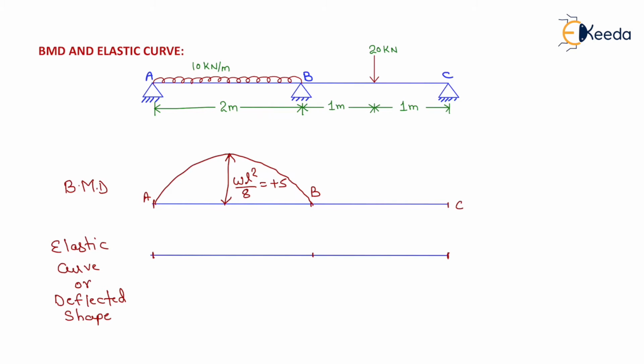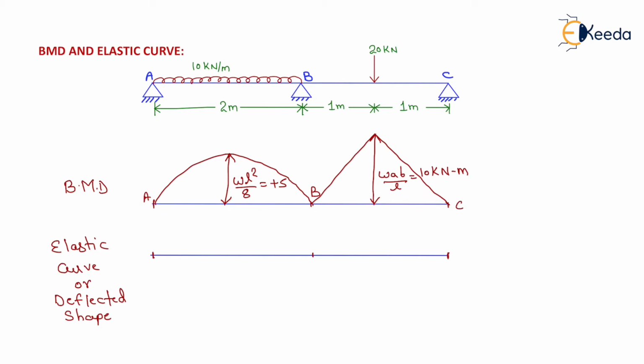Now due to the point load on span BC, its value will be equal to WAB by L, and its shape is triangular because of the point load. So it will be like this, and its magnitude will be WAB by L. On putting the value, we will get plus 10 kilonewton meter. Now this is the maximum midspan positive bending moment. We had also calculated the moments at A, B and C.